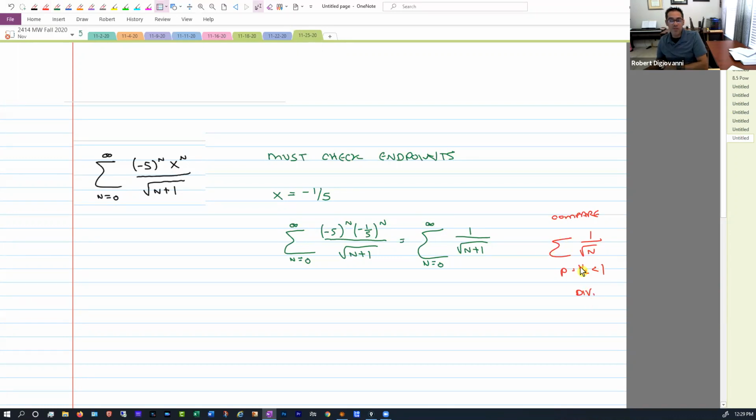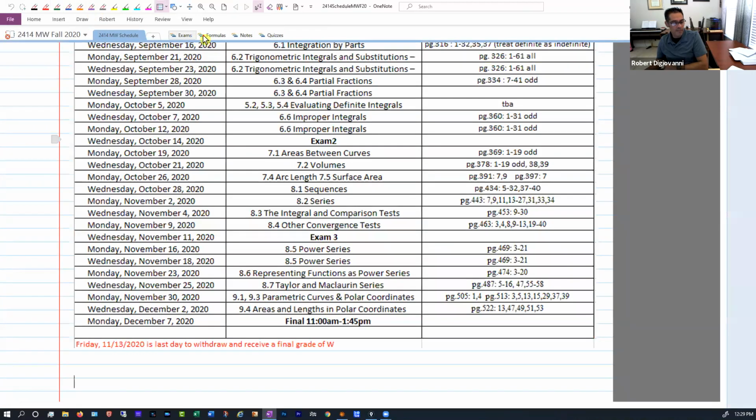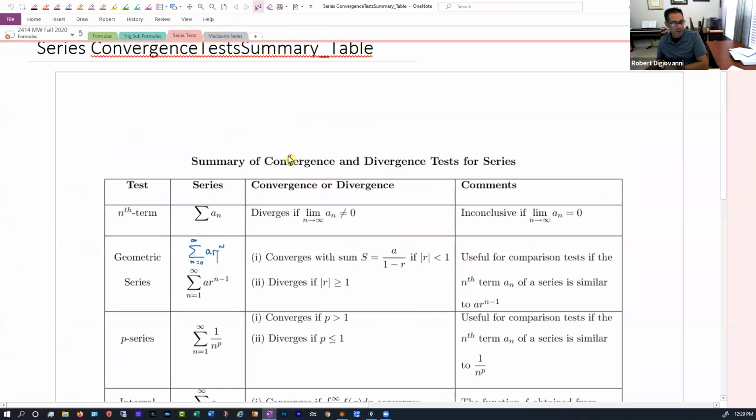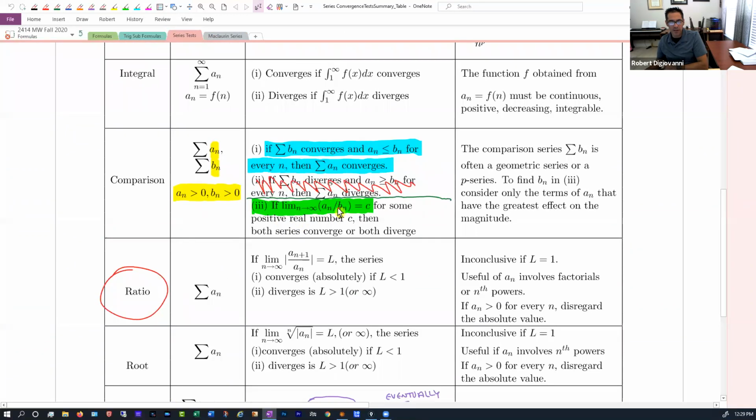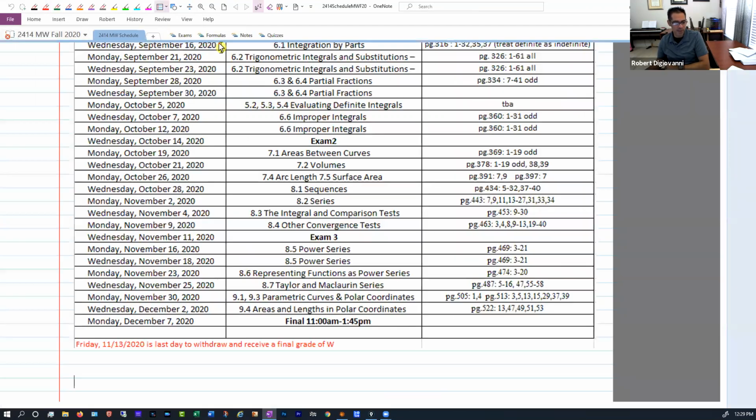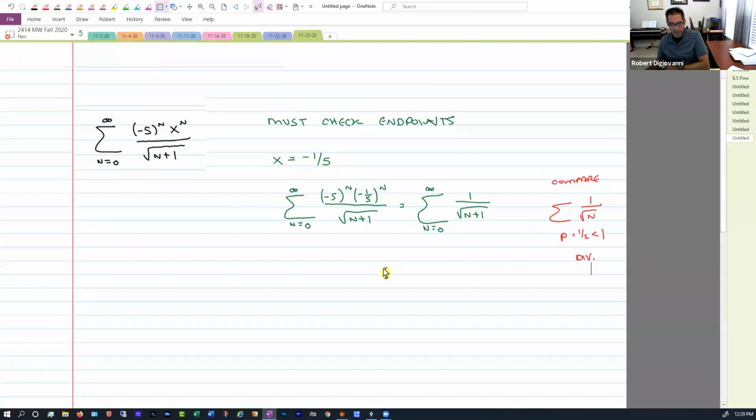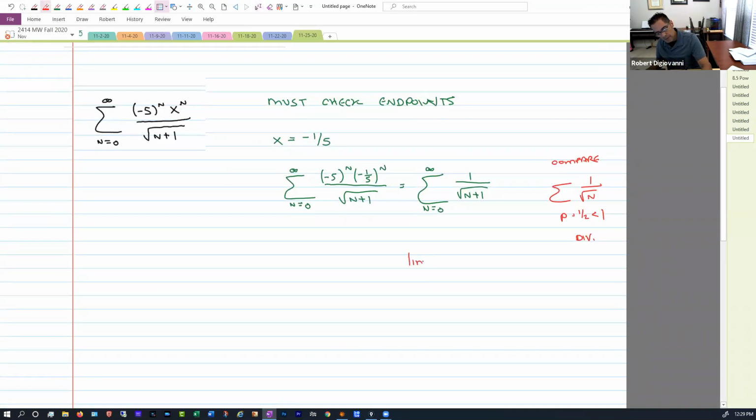Since I'm doing a comparison, I'm going to try the limit comparison test, this one right here. That's the one I'm going to try because I think it's going to work. If I didn't, I would have to use this one and show that that inequality was true, because I'm comparing it to something that's divergent. But I'm going to do the limit comparison instead. I don't know why, my gut's telling me it's going to work. So I'm going to take the limit as n goes to infinity of this guy